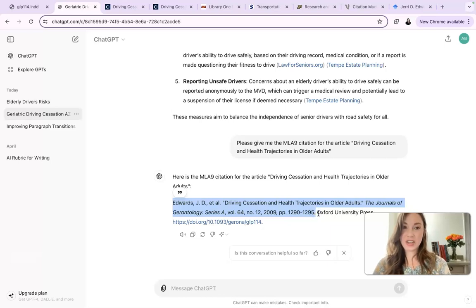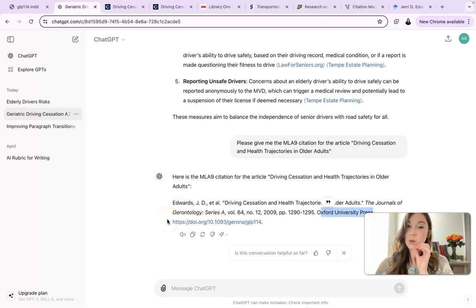That's correct. I don't need Oxford University Press. I don't know why that's there. And then it does give me the DOI. It's so close. I'll show you how you can always be guaranteed that your citations are correct, whether you're doing